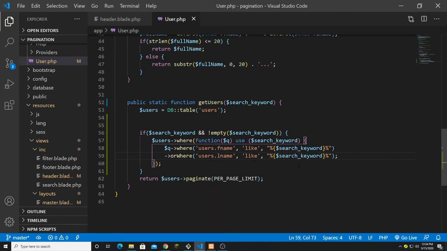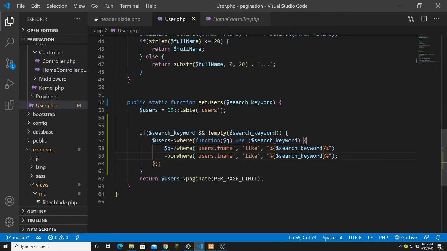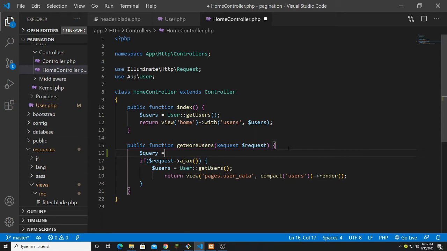Okay, the next thing I'm going to do is go to my controller, which I believe is the home controller, right? So I go to home controller. All right, so here you see that we have our request for the query, but before doing that, there we have all the get users coming from there, and I want to have my request. So I pass a query and give a request, and we pass here search_query, right? And where does this come from? So I'm going to go to my